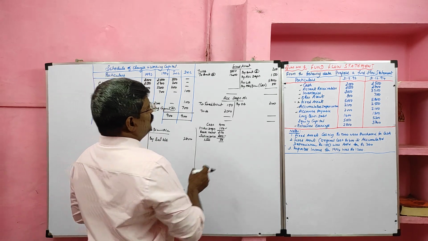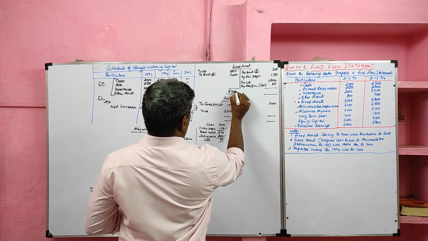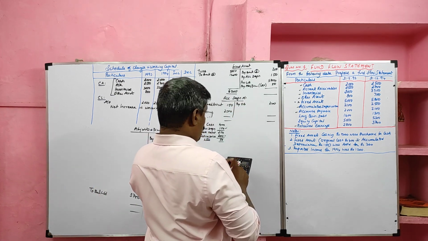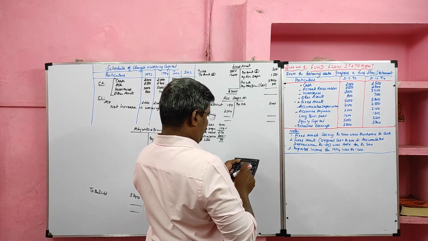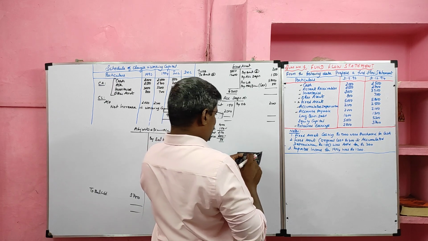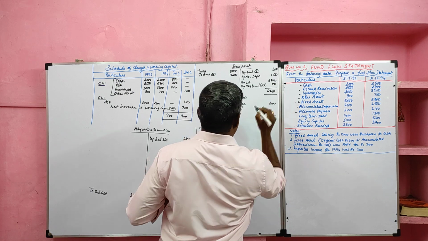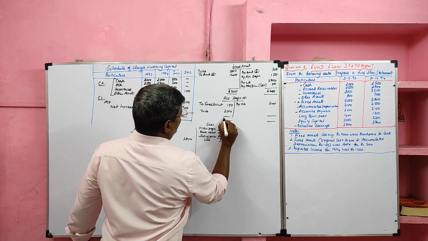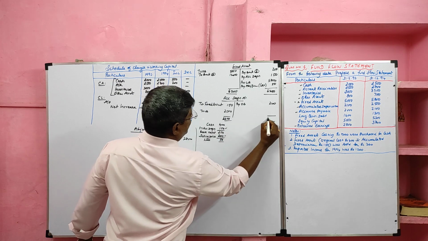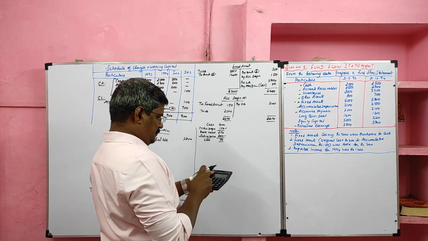What we'll do, first we'll total this fixed asset account. Debit side total 6200, credit side total 200 plus 150 plus 5800 plus 50. So the fixed asset account agreed. Then we'll total the accumulated depreciation account. Debit side exceeds the credit side value. So the difference should be transferred to the